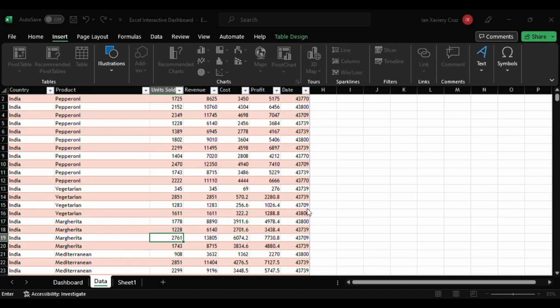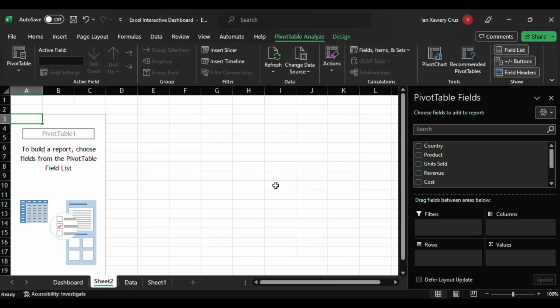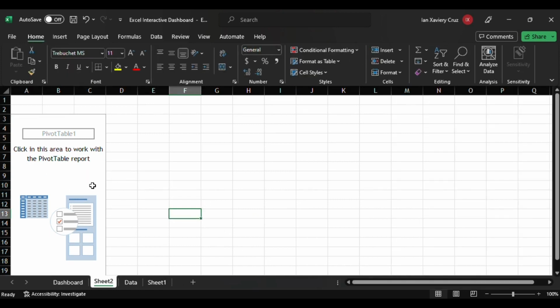Next, I want to insert a pivot table. So once again, I'll click on my table and then up on the top ribbon, click on Insert, and all the way over to the left hand side, there's the option to insert a pivot table. When you click on that,